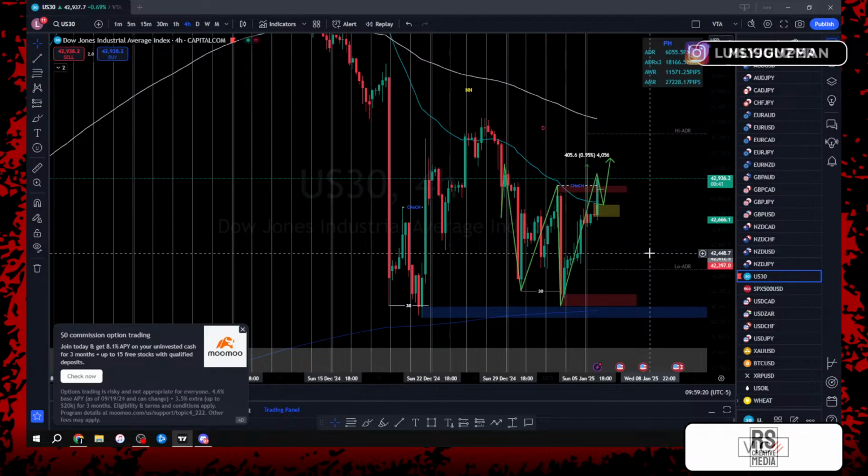Alright, so we got 42 seconds. We'll see what price wants to do. Once again, we're going to be looking for this break. Once we get this candle closure above the zone, I'm looking for a pullback. If price gives us this break and then just continues to fly, then it is what it is, right? We didn't get the entry,